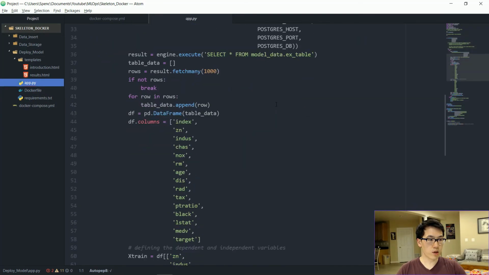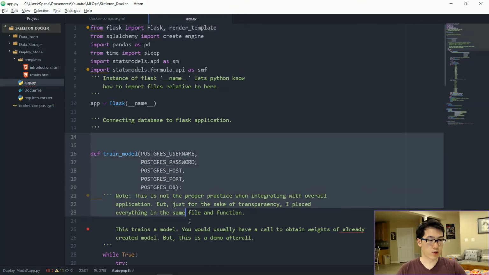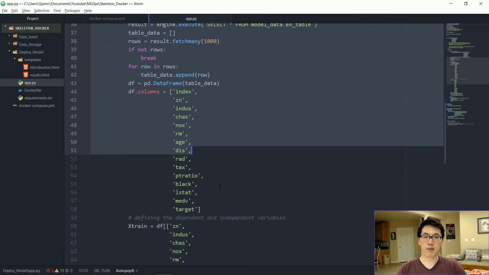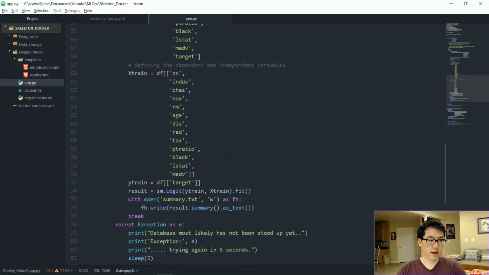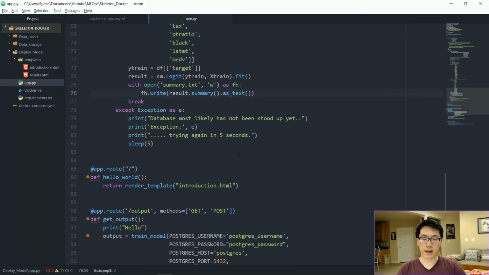So what I am doing over here is actually really quite simple. Essentially, I'm going to be training a model. This is extracting data from the given database, and then it's going to be doing a logistic regression function on that data. It's going to be running into a text file, and it'll return that text file so that Flask can actually